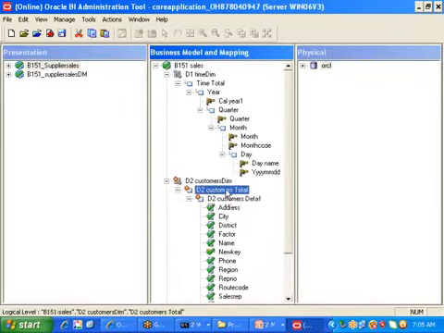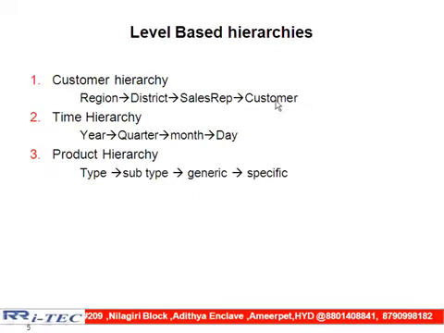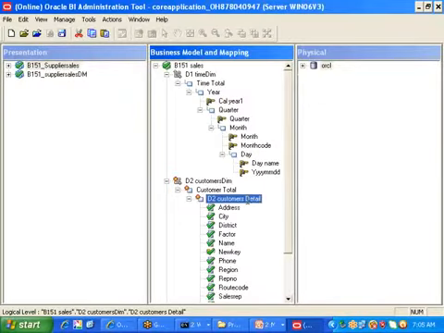As we saw yesterday, the first level is always the grand total level. That means if I ask what is the revenue I got on all customers, that will give the answer. The next one is always the lowest level. Customer is my lowest level, so I am renaming this as customer level.